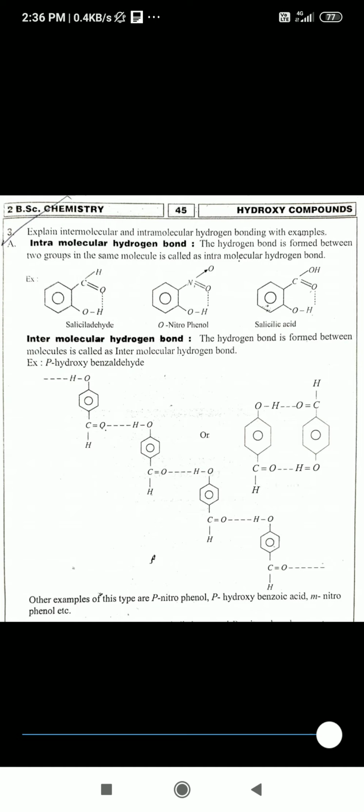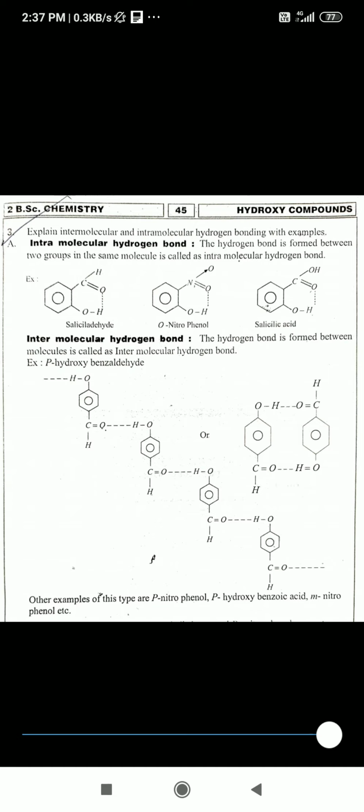Let us suppose you take salicylaldehyde. Salicylaldehyde means on the benzene ring, the CHO and OH groups are adjacent to each other. Adjacent means side by side. So whenever CHO and OH are adjacent to each other, what will happen? In CHO, there is a C=O group. So a bond is partially formed between oxygen from CHO and hydrogen from OH. That can be indicated by the dotted line in the figure.